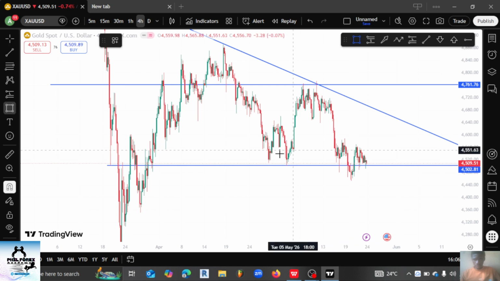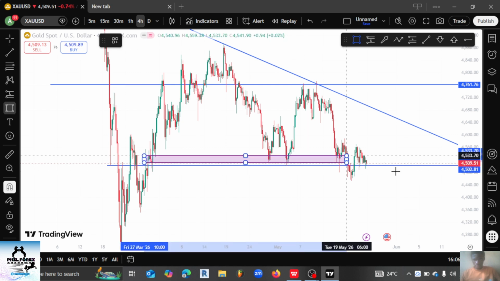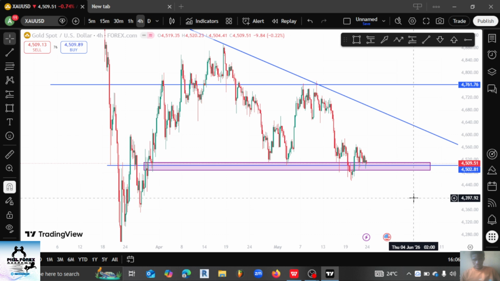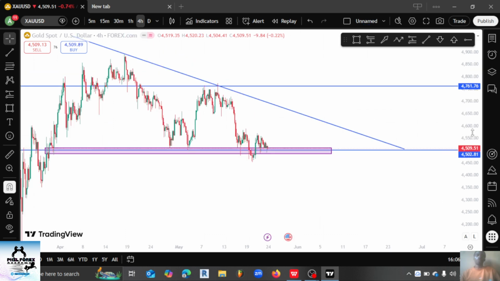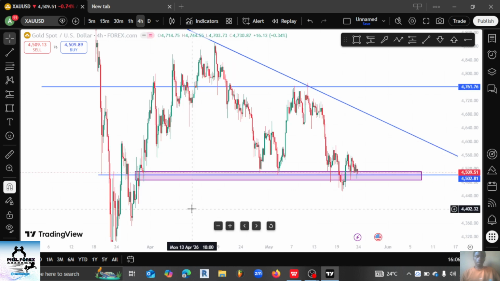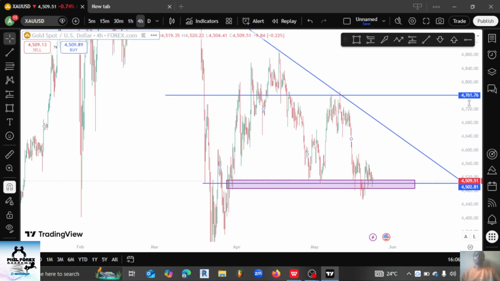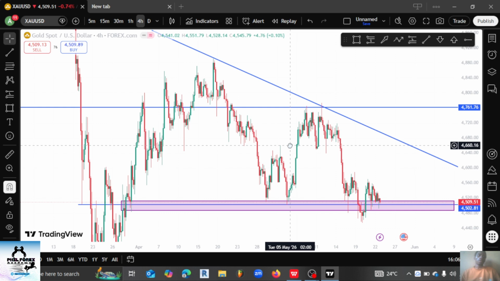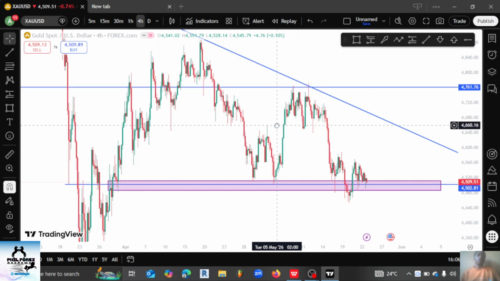Now see this, it's as if it's respecting this support, right? But from the 4-hour time frame, first of all, what do we see? We know that currently the market is consolidating, but we have